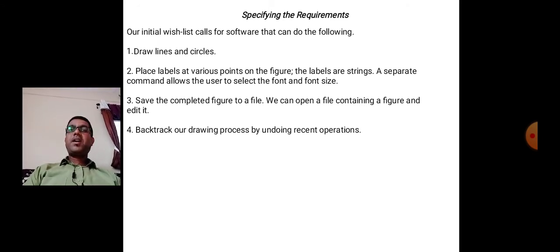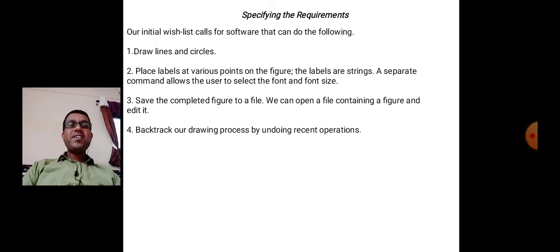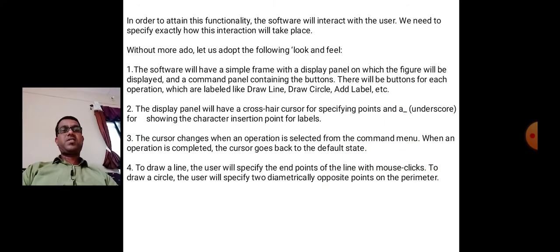A separate command allows the user to select the font and font size. Third one, save the completed figure to file. We can open a file containing a figure and edit it. And the fourth requirement is to backtrack our drawing process by undoing recent operations.